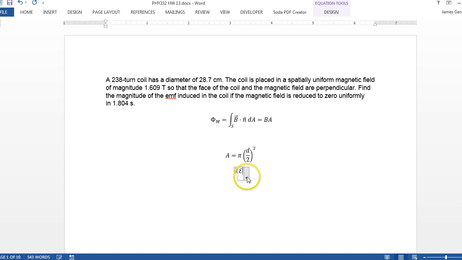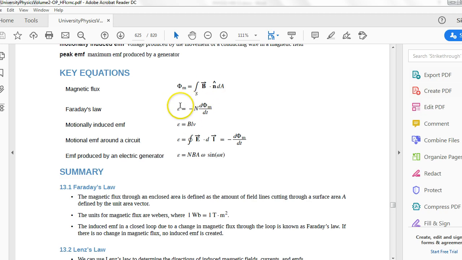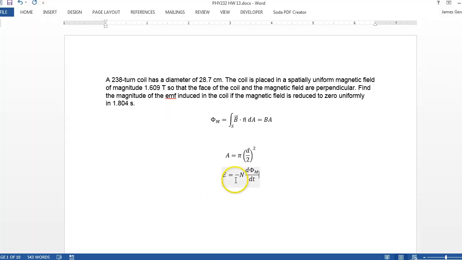So the electromotive force, right, is minus the number of turns N times the derivative of the magnetic flux with respect to time. We know N, and we know d phi m dt. We're talking about this equation right here. Since it changes uniformly over time, this is just whatever our magnetic flux is at the end,